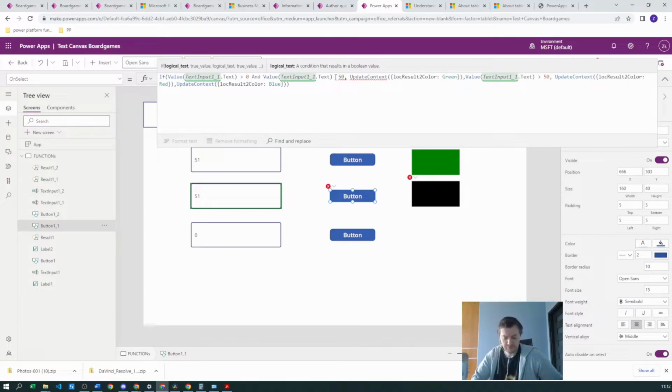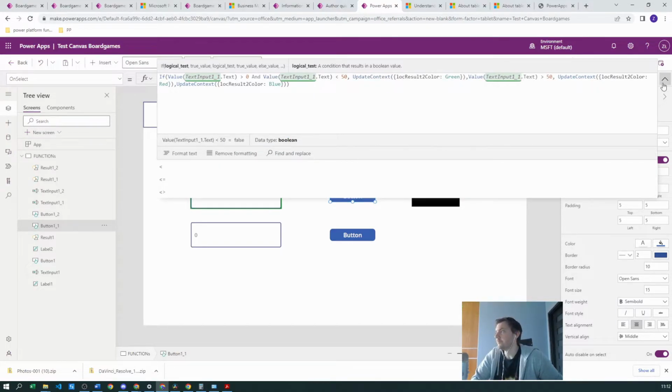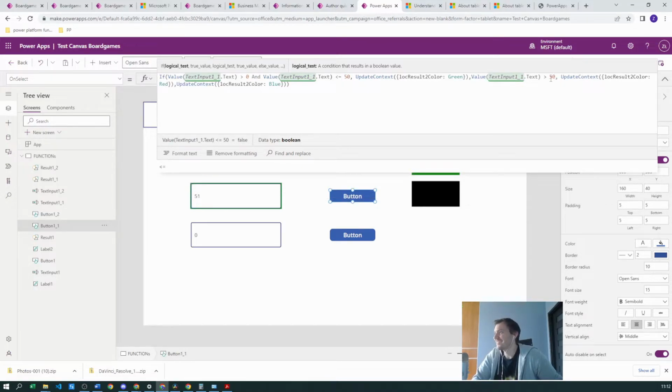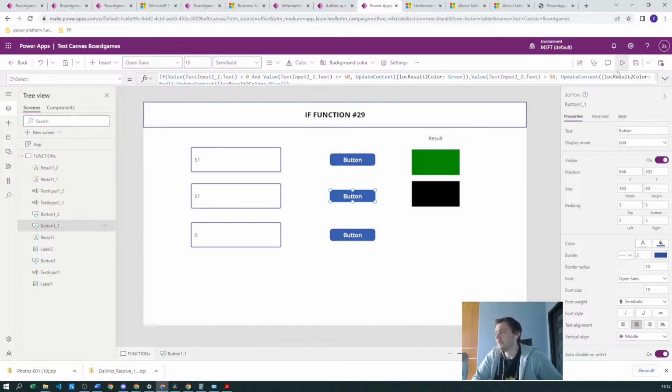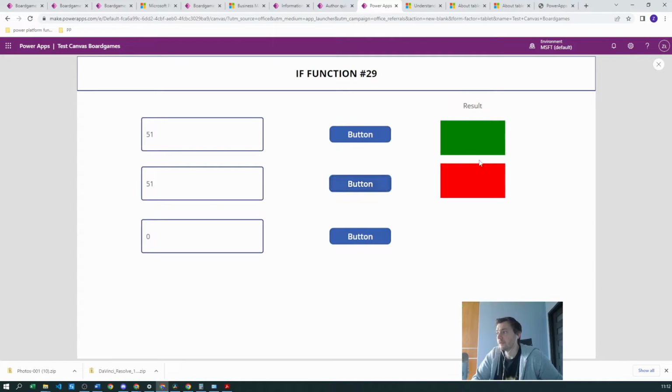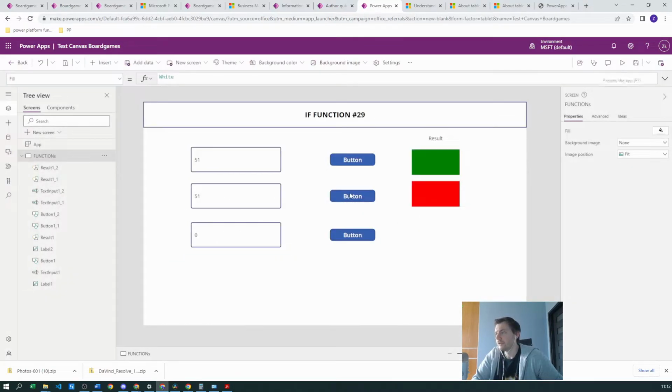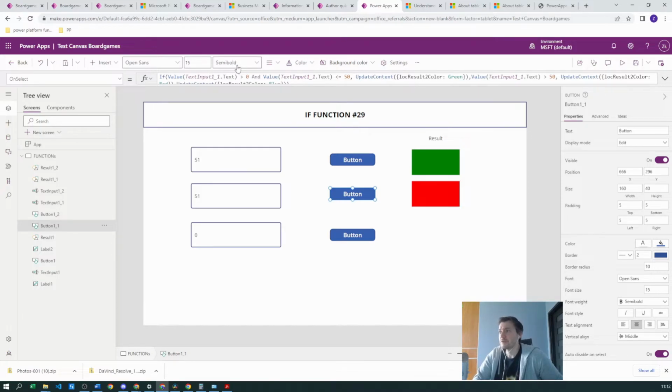And below 50. Below and equal, because at 50 we want red. Let's do this also. Okay, great. Yeah, so now it will work. It will be red, but this is a little bit of a mess, because what we really want to do is first